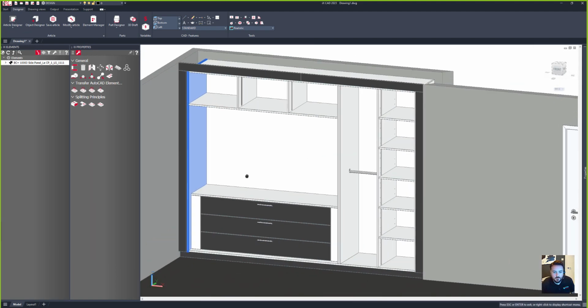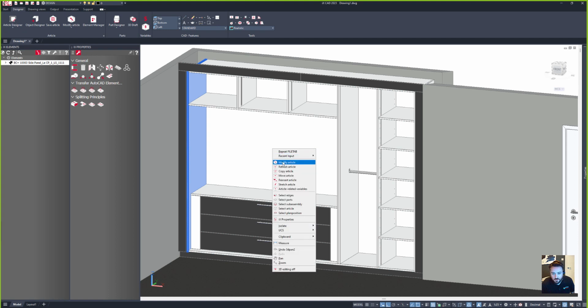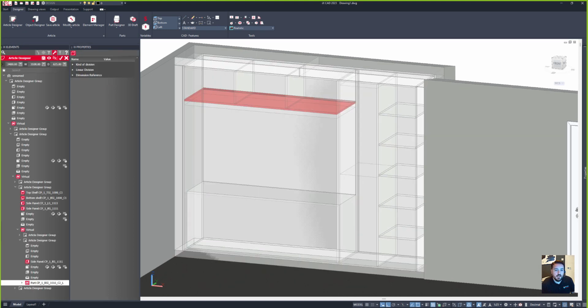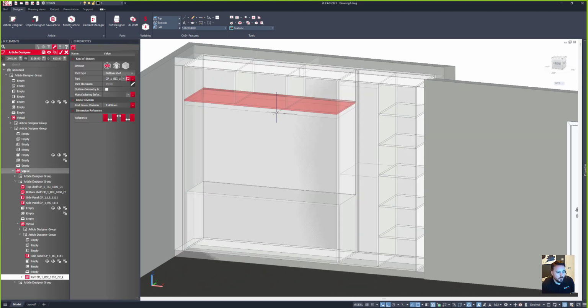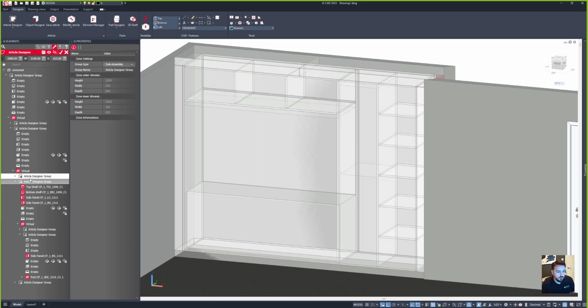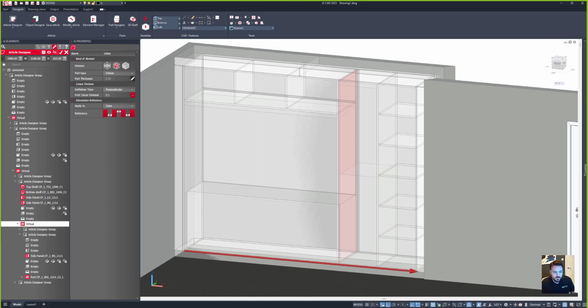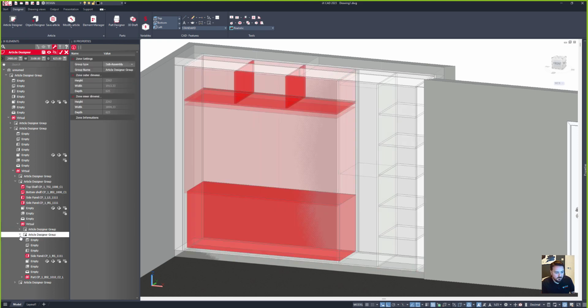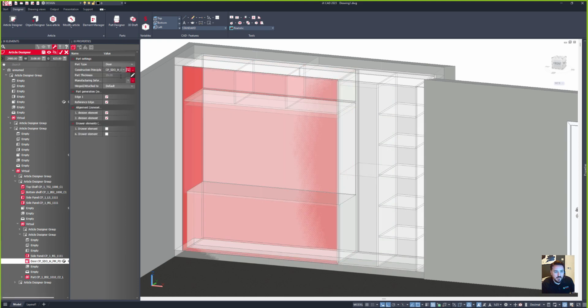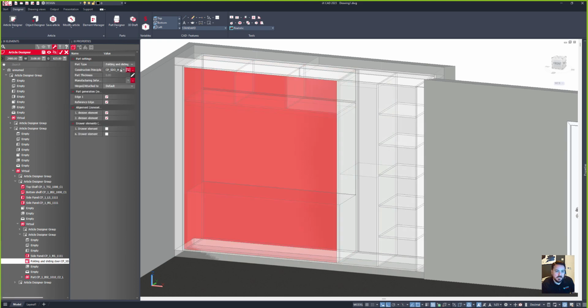Okay, the next thing that I want to do is add on my doors and drawers. So again, let's just modify this quickly. And what I'll do is go all the way up to the main section in here. So if I go to my split, I've got my right hand side and my left hand side. I'll click on the front here and add in a folding and sliding door. So I've used the iFern data that's provided with the system to download the entire Hettich catalog here,